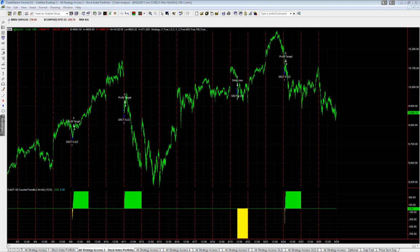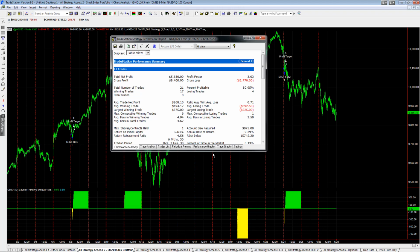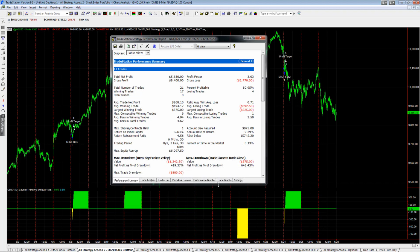This is our SR counter trend 2 V2 5M E-mini Nasdaq. 3 out of the last 4 trades were profitable. And you see the performance summary here, 80% profitable. This is going back 7 months, 80%, 56.30, 8.75 drawdown. And so we're just mainly focused on some of the highlights of the current strategies that are doing well in this market,